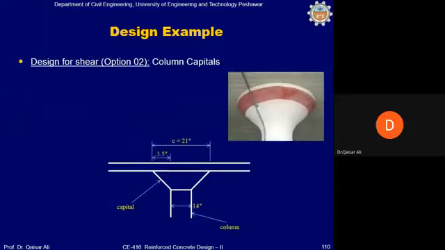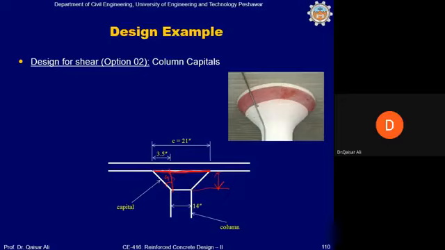In order to fulfill the criteria of the ACI code that this angle shall be not more than 45 degrees, we will calculate the requirement of the column. This is 21 inch total. So this is the size of the column at the head of the column, 21 inch at least. Okay. From where it should start now, the column capital, the starting point of the column capital will be calculated